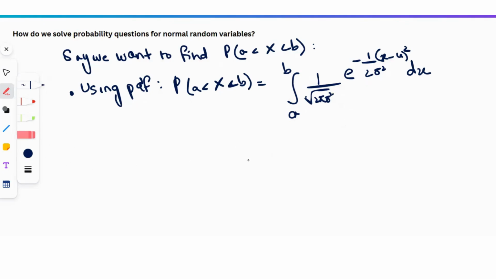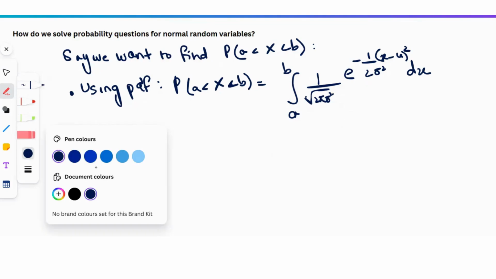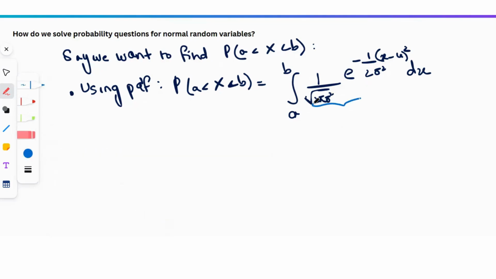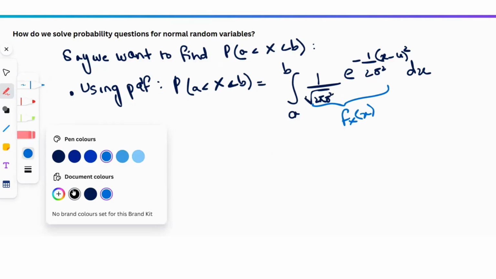But now the issue here is, if we want to find the probability for this continuous random variable using its PDF, we'll just integrate the PDF. This is essentially its PDF, f of x, right? So just integrate the PDF over this interval a to b. But what is the issue? The issue here is